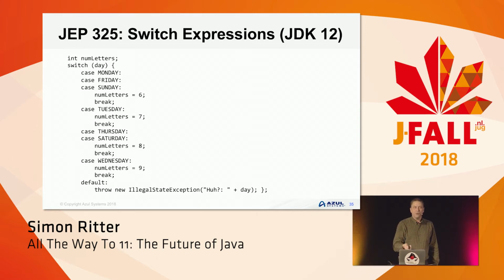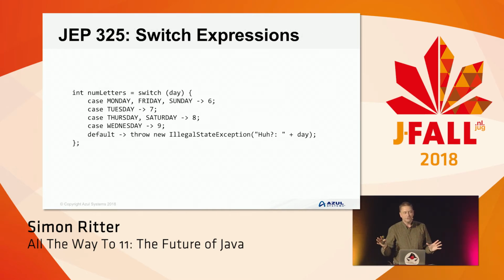So what we do now with JDK, and this is in JDK 12 as well, is simplify that a lot. What we say now is that we can actually have the switch statement return a value, and then we just make one assignment. Num letters equals whatever the switch statement returns. Then they've finally cottoned on to the idea that you could have a comma-separated list of things that you want to switch in your case statement, rather than having individual case lines.